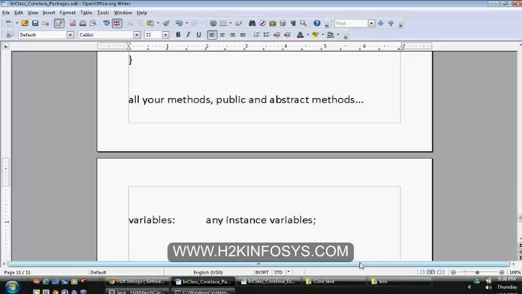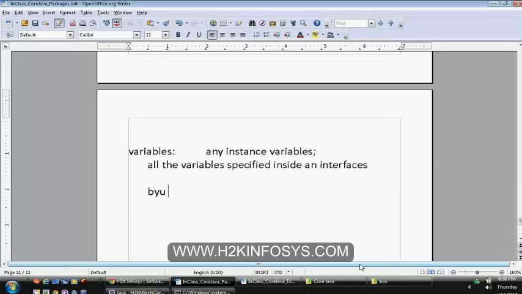All the variables specified inside an interface are by default public static final variables. So that means let us write one interface shape.